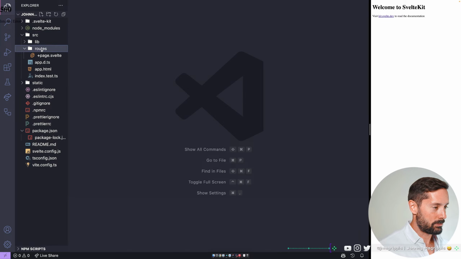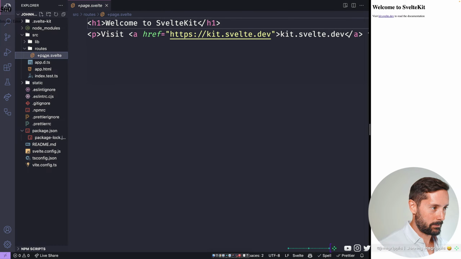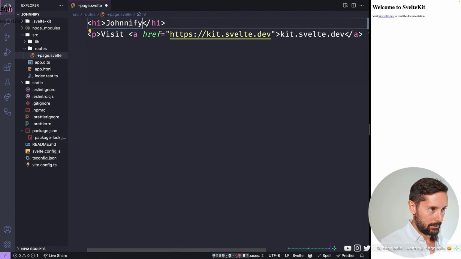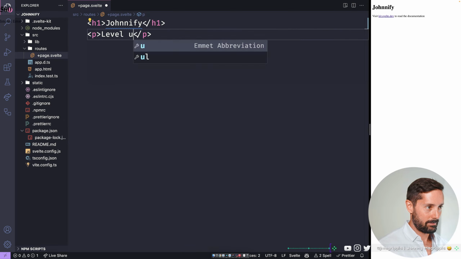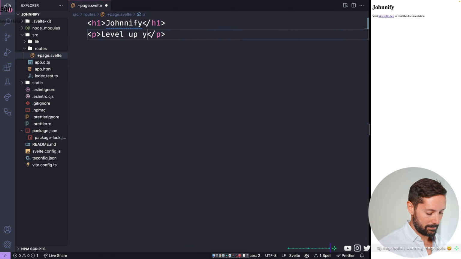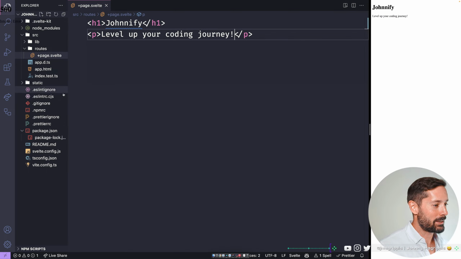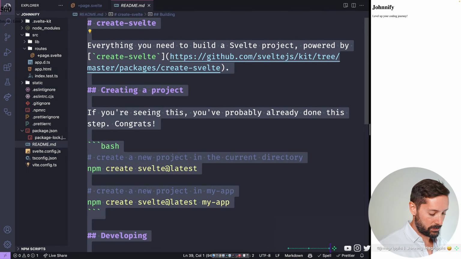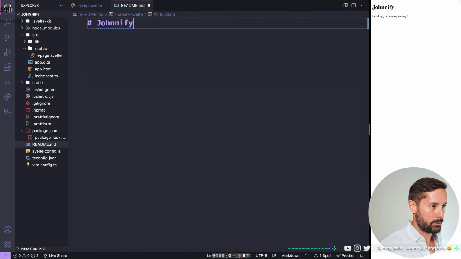This app, of course, does have hot reloading. So if we go to our main index route, the +page.svelte, we change and we save, and immediately you can see it updates. There's a name and a call to action, and I'll update the README. There are tons of instructions here. So we'll call it Sonify,